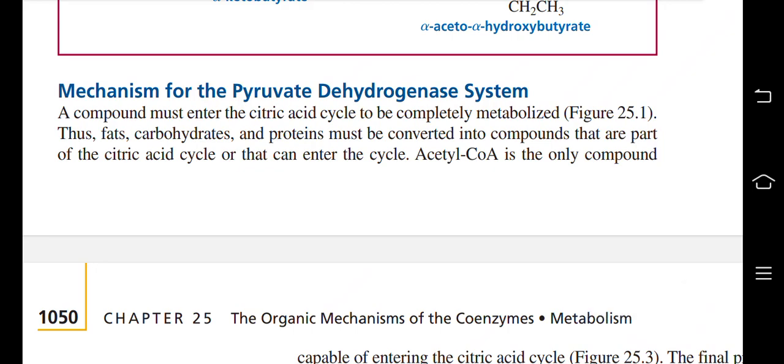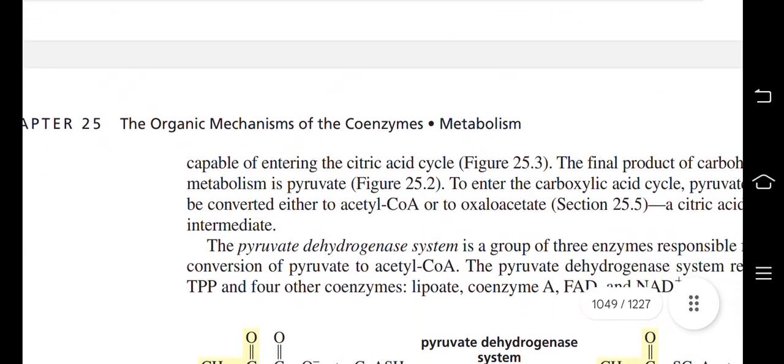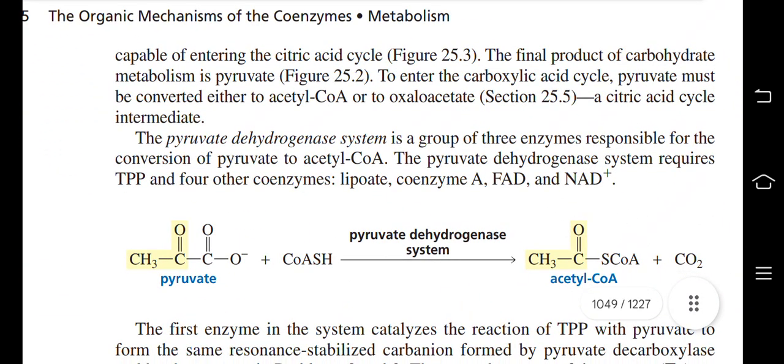Mechanism for the pyruvate dehydrogenase system. A compound must enter the citric acid cycle to be completely metabolized. Fats, carbohydrates, and proteins must be converted into compounds that are part of the citric acid cycle so that they can enter the cycle. Acetyl coenzyme A is the only compound capable of entering the citric acid cycle. The final product of carbohydrate metabolism is pyruvate. To enter the citric acid cycle, pyruvate must be converted either to acetyl coenzyme A or to oxaloacetate,